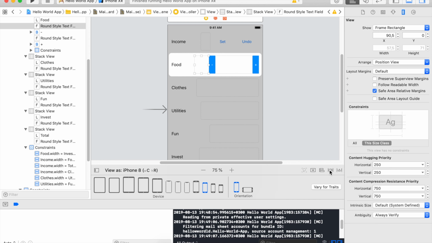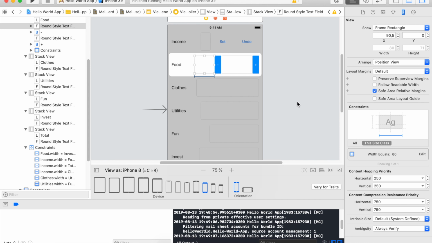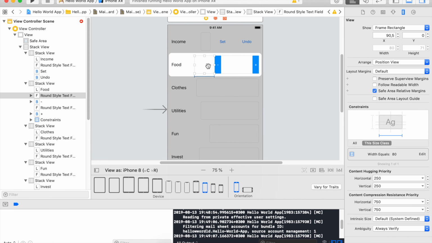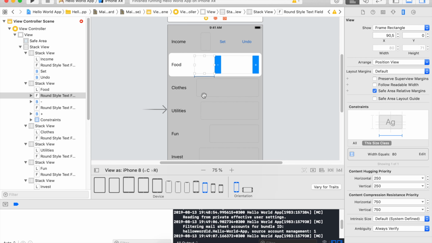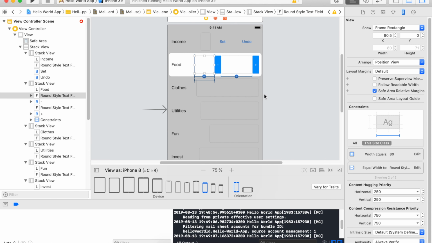Let's give it a width of 80 for now. Then make this one equal with